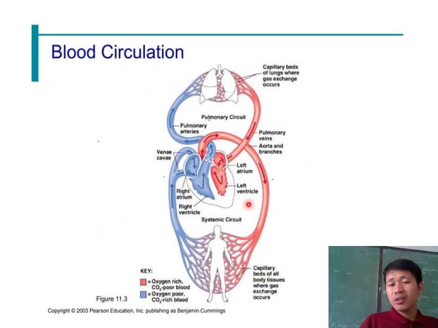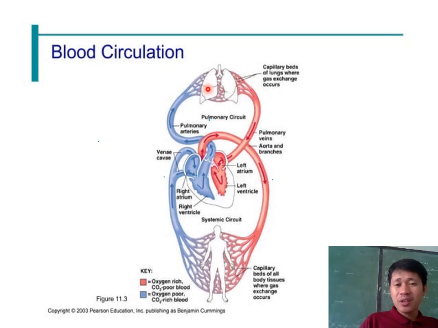Another illustration on how the blood circulates in our body. No, let us start from the heart. Here, the right atrium is the receiving chamber of the heart. It will receive the blood from the veins, from the body. Once it flows in the atrium, the right atrium will contract slightly to fill in the right ventricle. Alright, and from the right ventricle, it will do a power pump so that the blood would move from the right ventricle into the lungs to get some oxygen.